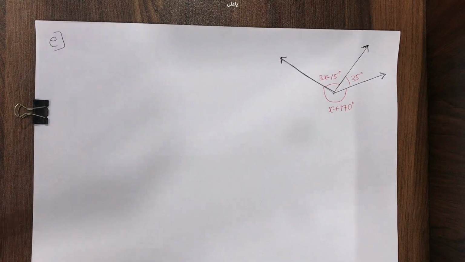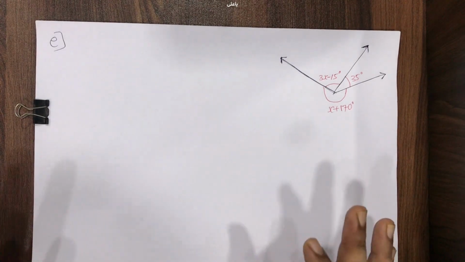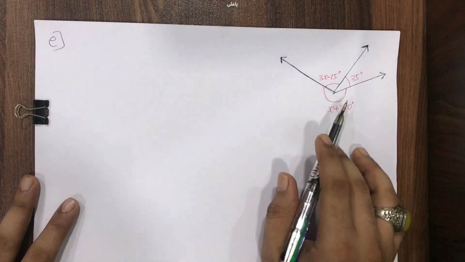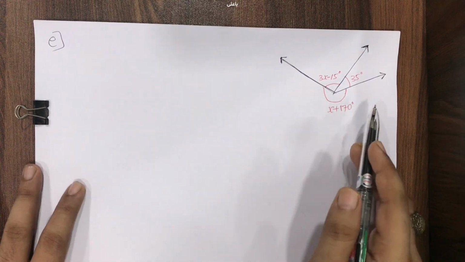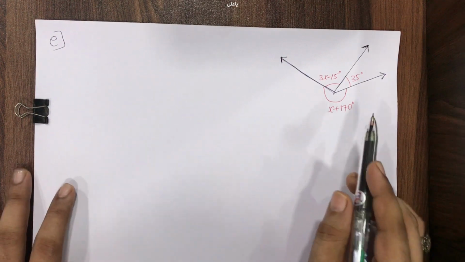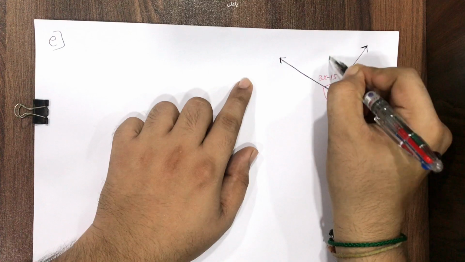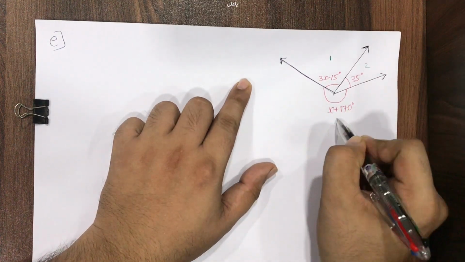Please see here. It's sub question E. Once again, extremely easy sum. Nothing new to teach. Okay, this is the question in front of you. Now, heading is same. We need to find the missing angles. Students, how many angles you can see in the diagram? See, this is 1, 2, and this bigger one 3.